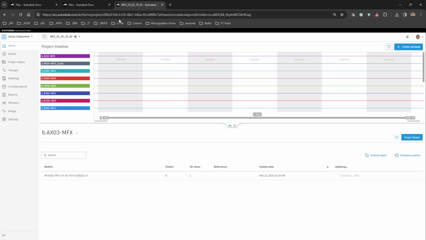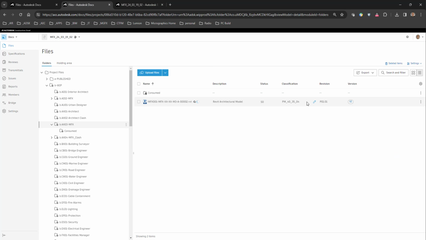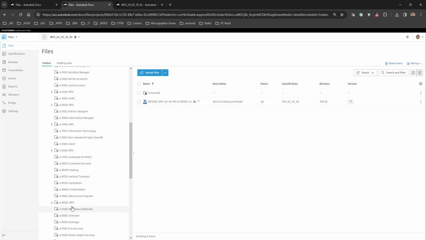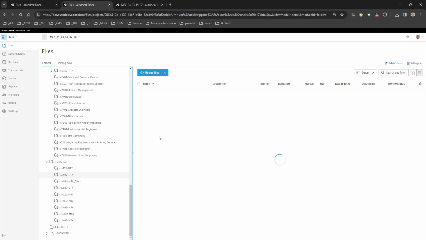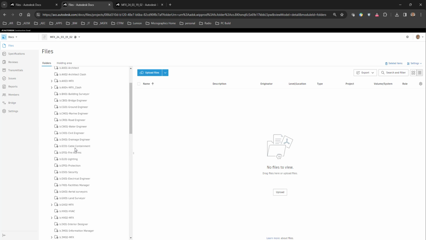And now the idea is when we share this file into our shared folder, that we'll see what happens to the status of the file. At the moment, there's nothing in there. So if we look at our shared folder, there's now nothing in there. It hasn't been shared yet. And so if we